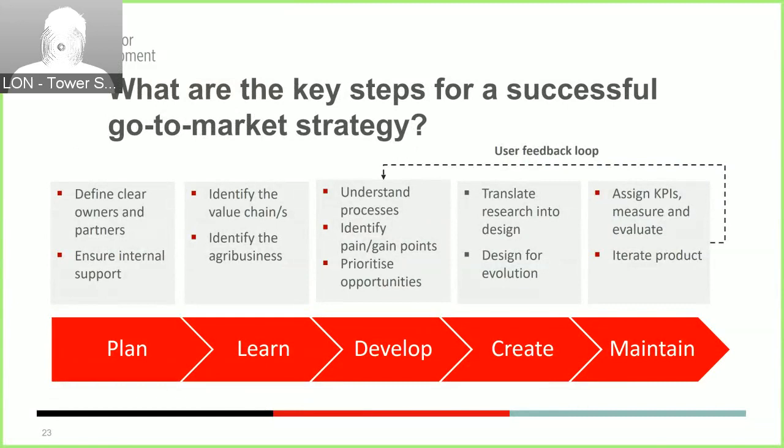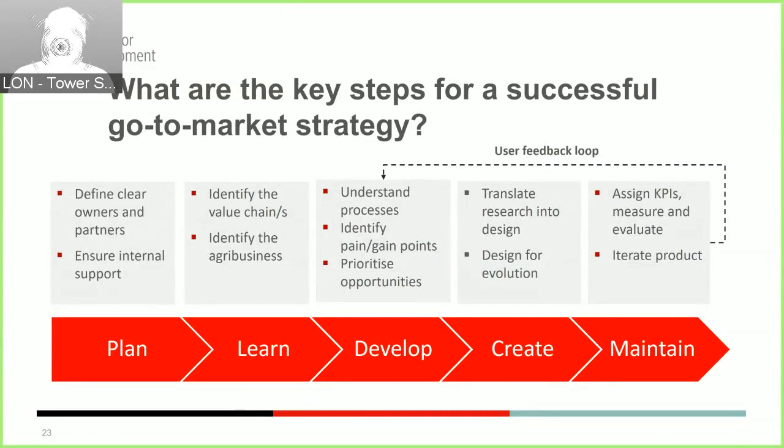Finally, at the maintain phase, after creating the service and assigning key performance indicators, farmer KPIs, agribusiness and service provider KPIs to measure the success of the service, it is fundamental to iterate the product over time, and resources should be really balanced between improving the current service and introducing new features over time. Successive iterations over time will capture new insights from farmers and the agribusinesses. And eventually, this kind of iterations, and we've seen that in our work on Agribus, really inform the new or updated value proposition.